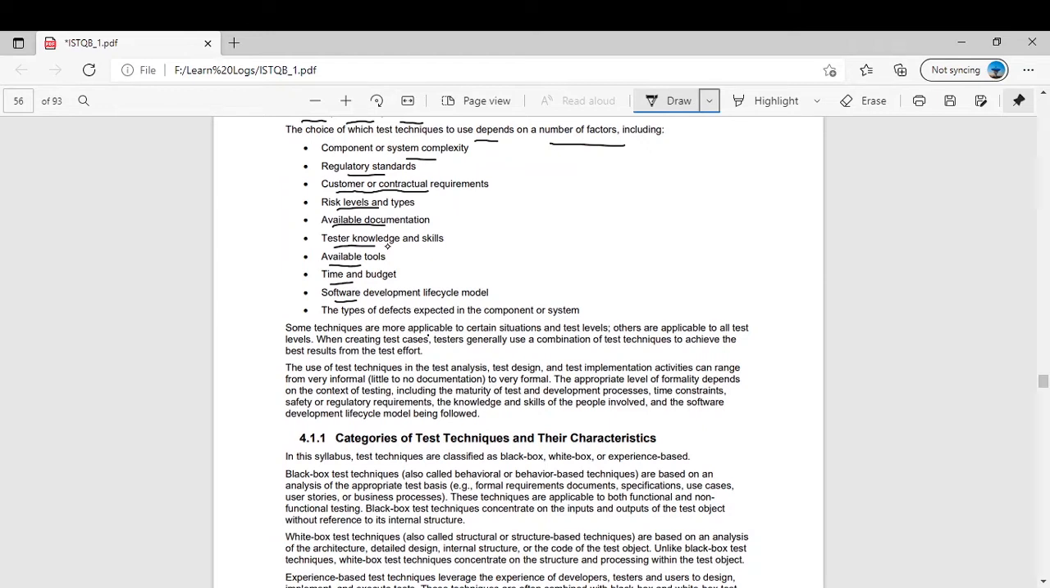Some techniques are more applicable to a certain situation and test level, others are applicable to all test levels. Sometimes, with your past experience, you come across a scenario and you say, oh, for this test I will apply this test technique, so you are very clear. Sometimes for some cases test techniques are standard and fixed, no other technique can be used, so it comes with experience. When creating a test case, testers generally use a combination of test techniques to achieve the best result